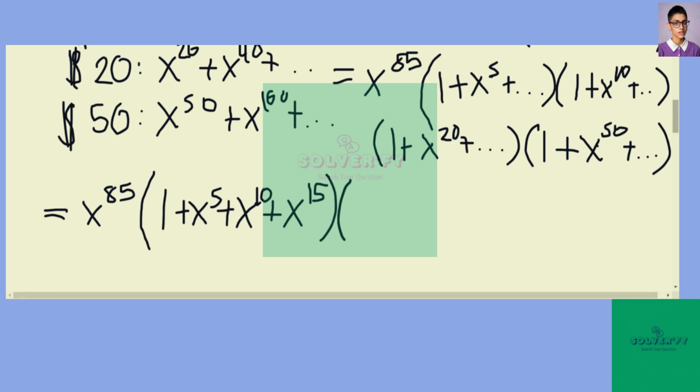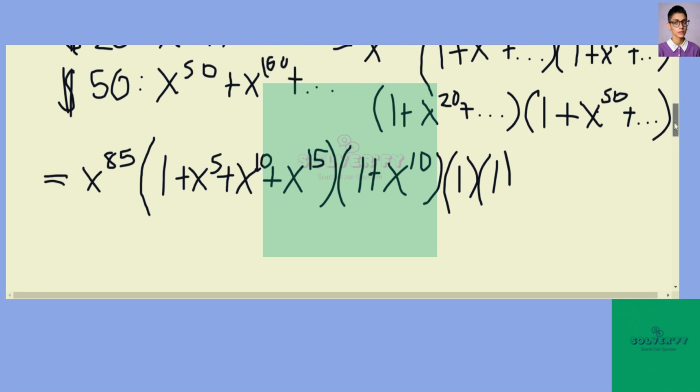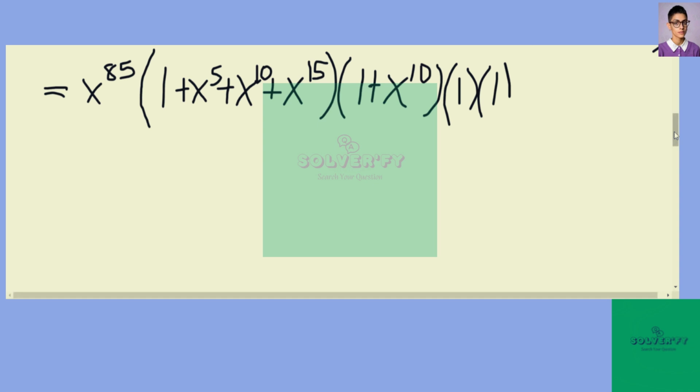And in the case of this next sum, we have 1 plus x to the 10th, but if we go to x to the 20th, then there's no way that could work. And for this next sum, we have 1, and for the last sum, we have 1. And so we reduce this sum considerably. We have this is equal to